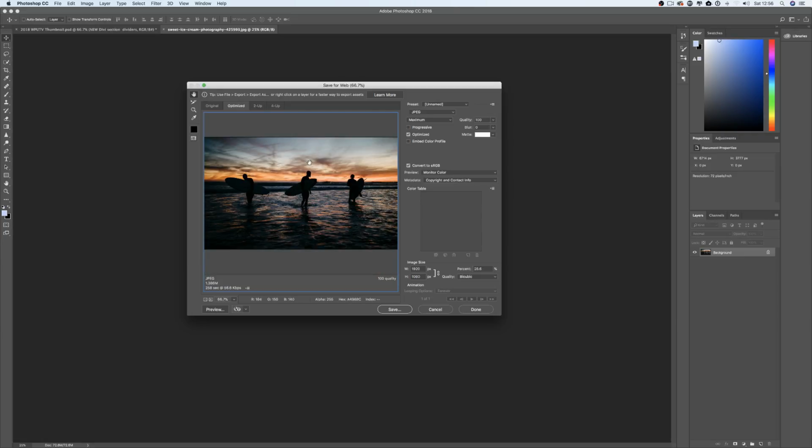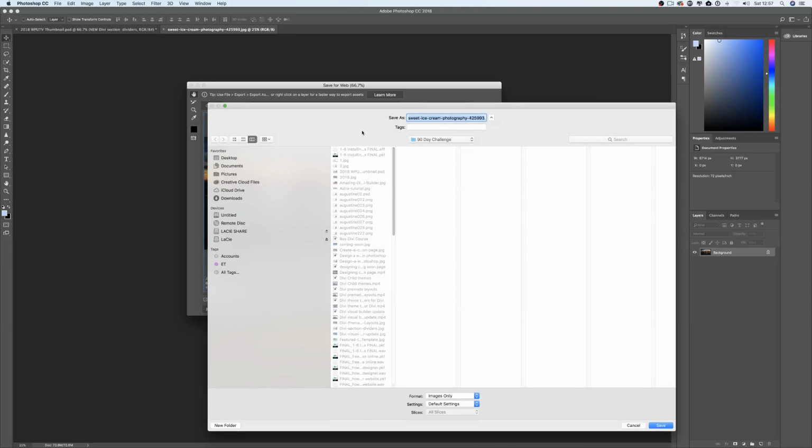Right, I'm just going to reduce. What you can also do here is reduce the quality, because right now there is a sweet spot at about 80 where it reduces the file size without actually reducing the quality of the image. So this is where optimization comes in. Once that's resized, now it's 1920 by 1080, I can go ahead and hit save